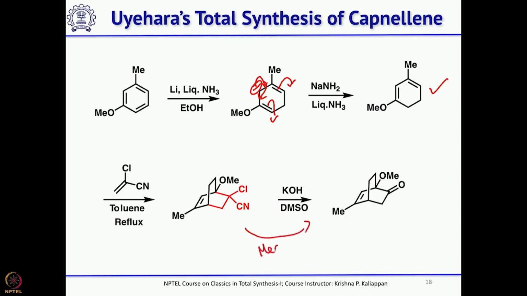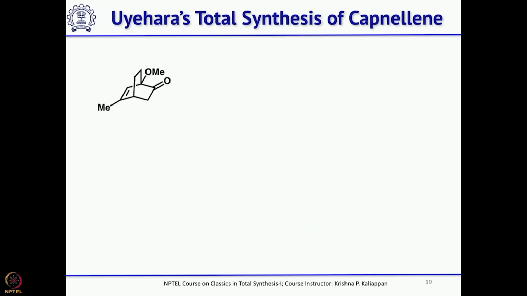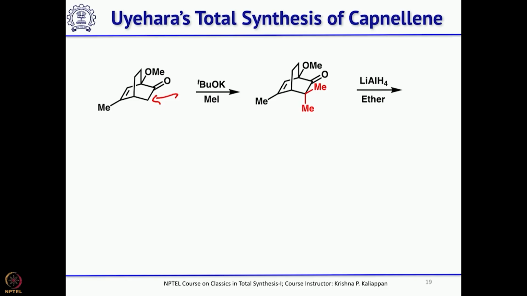Okay, so this is the mechanism for the hydrolysis of the chloro-nitrile adduct to the ketone. It is a very interesting mechanism. Take this bicyclic ketone and treat it with excess potassium tertiary butoxide and methyl iodide. You can introduce 2 methyl groups next to the ketone. Then when you reduce this with sodium borohydride or lithium aluminum hydride, you get a mixture of endo and